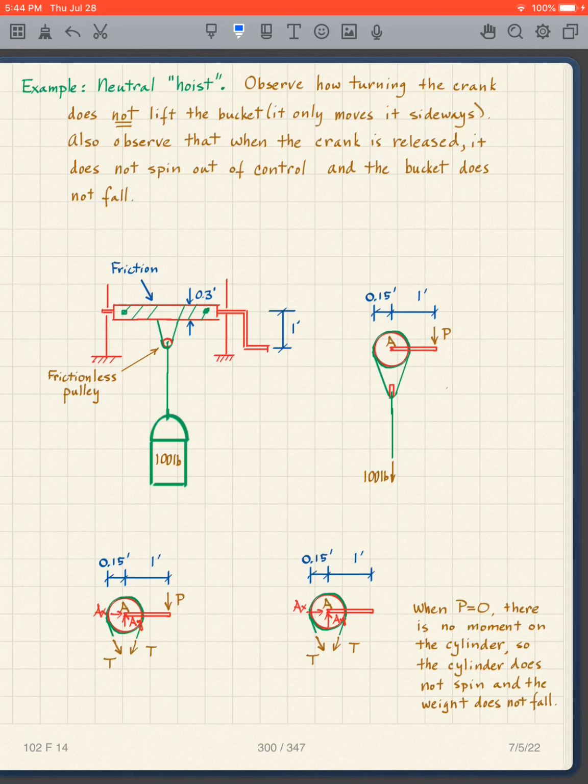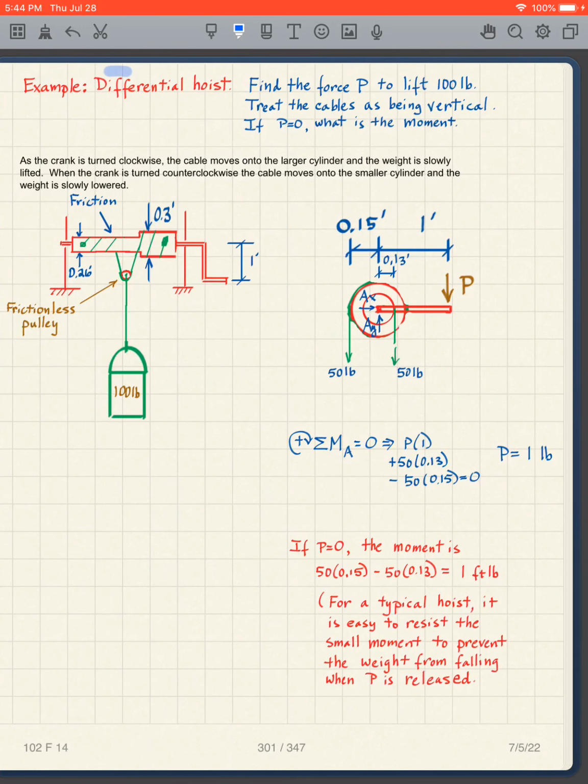And now you're thinking this is pointless. So when P equals 0, there's no moment about the cylinder, it does not spin and the weight does not fall. Okay, so a differential hoist. People became a little bit clever, they came up with a differential hoist, whereby